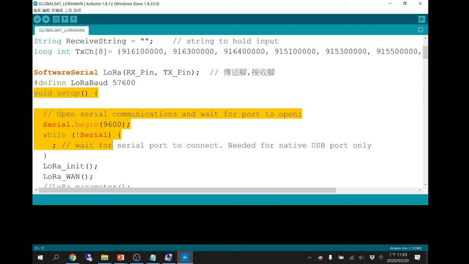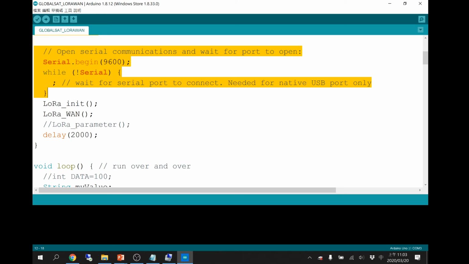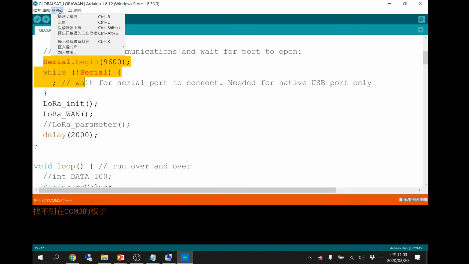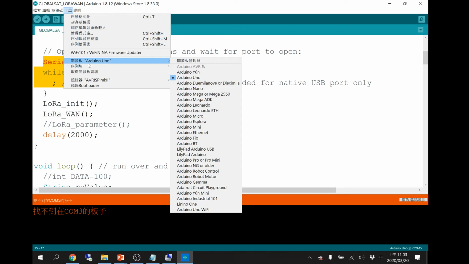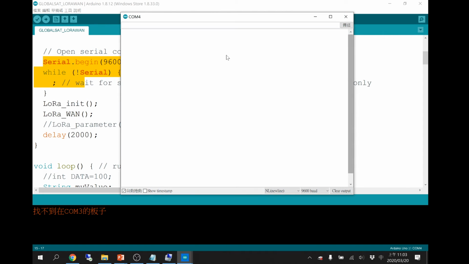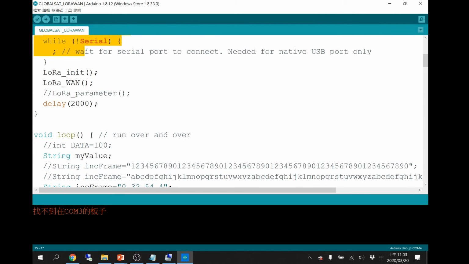this is the setup. So we will call Serial.begin so that we can open that. Okay. Oops. Where is my Arduino? So we can open that, just as I said, hello world in the last practice. Okay. And the next,